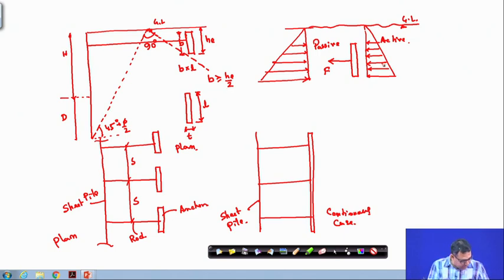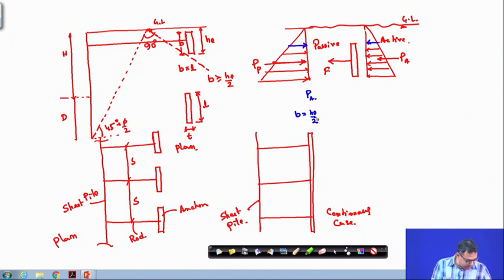Now if I draw the passive force, this is the active force and this is the passive force. And remember that I am drawing this up to this portion, because this is the anchor portion. You do not consider the above portion of the pressure, because that is the pressure which is acting on the anchor. So, I can write my PA, and I am considering that B is equal to He by 2.